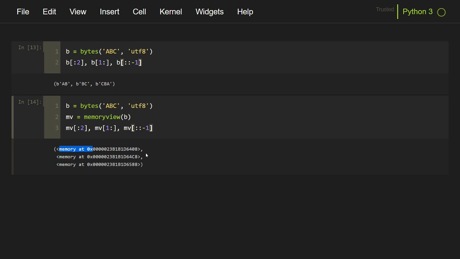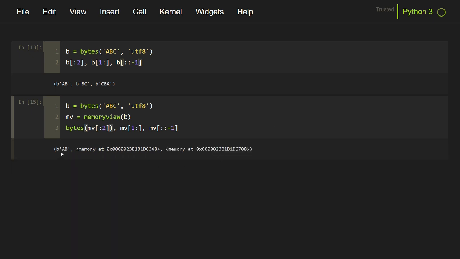And if required, you can allocate new memory to this object by passing this memory view object inside a bytes function. Say I want to allocate memory to this slice, so I will pass the memory view object inside the bytes function, and it will create a new bytes object inside the memory. Memory view can be used to modify the object in the same memory as well. This prevents creating multiple copies when we want to alter only some elements of the byte sequence.